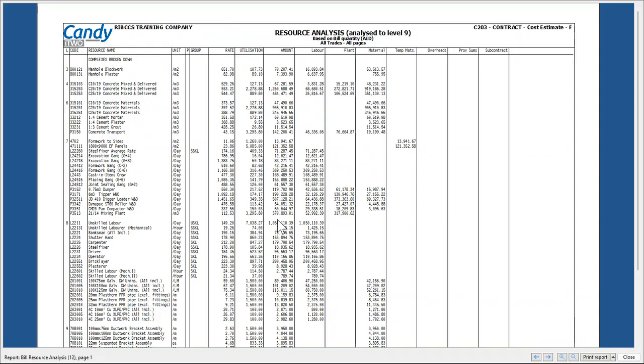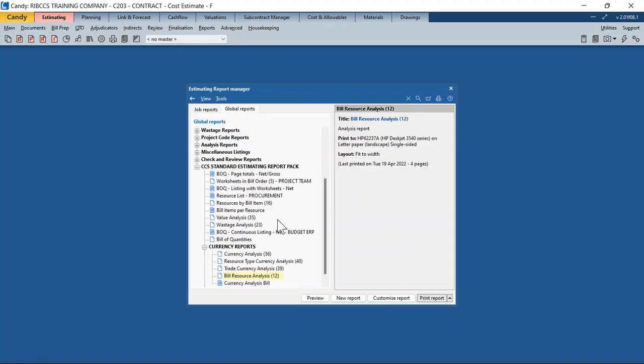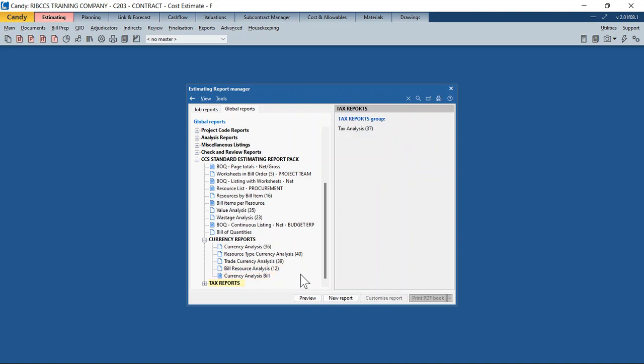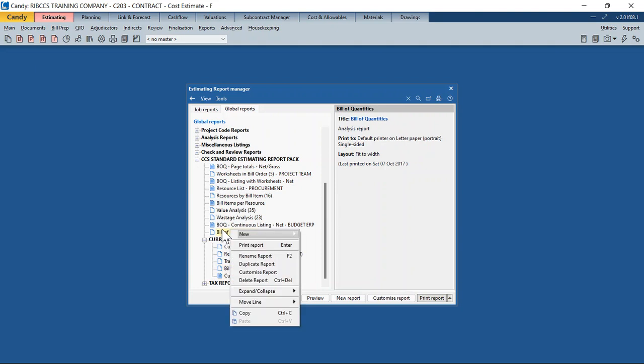We could also print a similar report for the resources deploying or using foreign currency codes. I've just printed this one. Now here, if you notice, this is one of the reports that doesn't have a currency code selector. However, most of the older reports, if I were to look at this report, right click and customize the bill of quantities report,